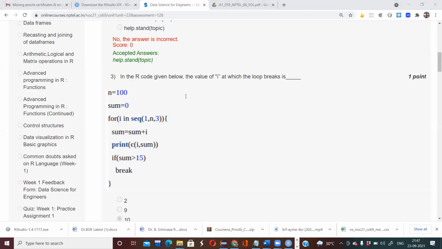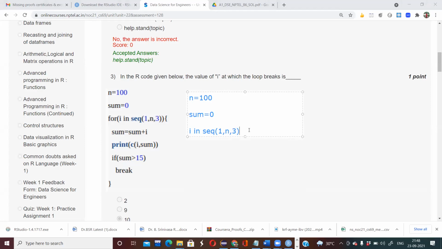They have given n equals 100 and sum is 0. The for loop starts in this way: i in seq of 1, n, 3. Here 1 is the starting value of i, n is 100, and 3 is the increment of the i value.